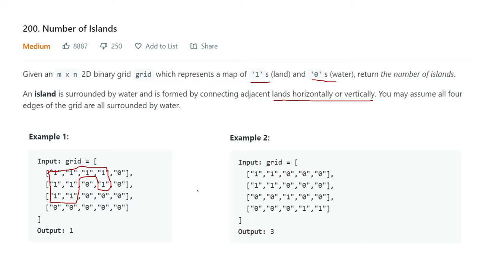Now if we take another example and I mark the island part, so here you can check this part can be one island because they are all one and connected horizontally and vertically. This one will be one island, and if you check here diagonally, if they are connected, we are not considering that. Only we have to connect it horizontally or vertically. So this one can also be an island, and the rest of the area is water. So that's why the answer is 3, because 3 islands are there. Let's see how we can solve this problem.